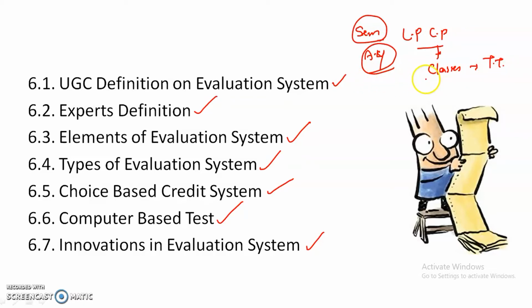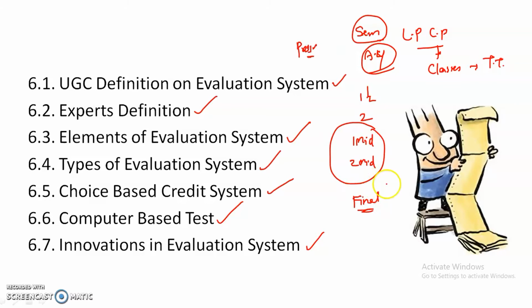After starting the classes, after 1 or 2 months, based upon the programs, which might be degree, graduation or undergraduation, based upon the different types of graduation programs, the exams are conducted after 1.5 months or 2 months. That means the first midterm exam and the second midterm exam. After completion of these midterm exams, we conduct the final semester exams.